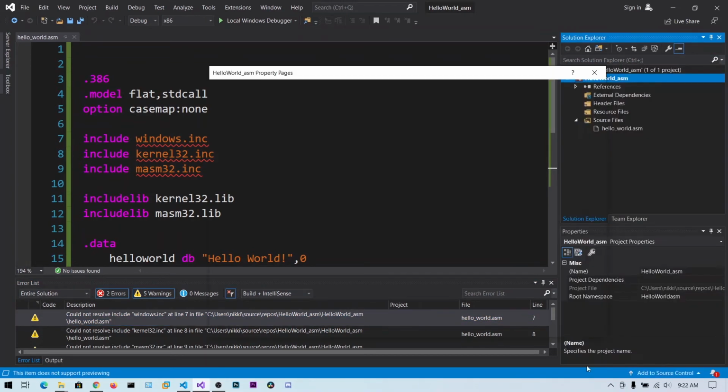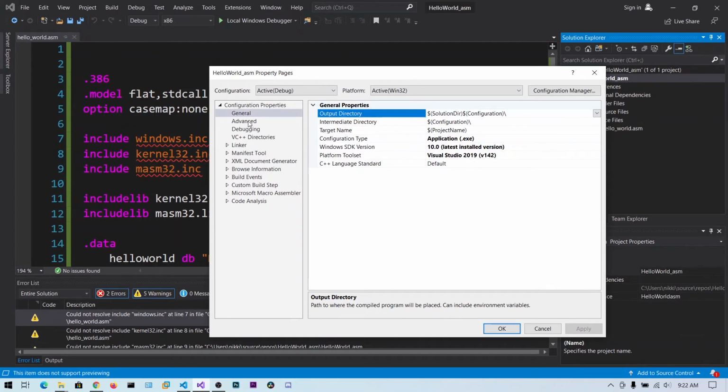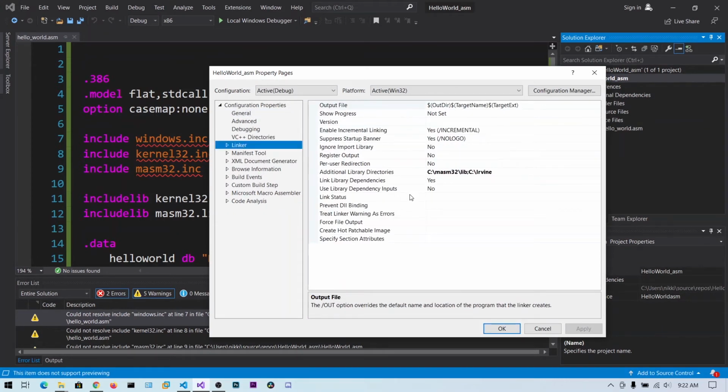Okay, let's right click on properties. I think it's double backward slash.